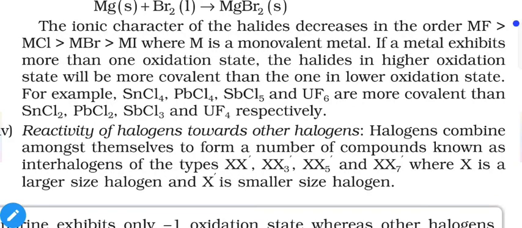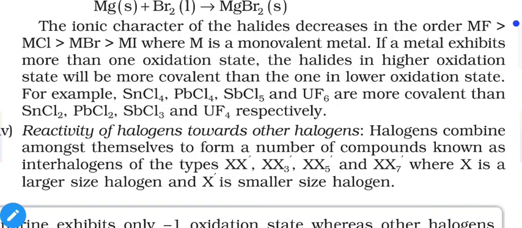Because in higher oxidation state, metal will show comparatively stronger attraction towards the electron. Because as compared to SnCl4, we have SnCl2. So in SnCl4, tin shows +4 oxidation state. In SnCl2, it shows +2. So +4 represents it has 4 protons more than electrons. So its protonic attraction will be stronger and that's why it attracts electron from chlorine towards it. And that's why covalent character increases, ionic character decreases.